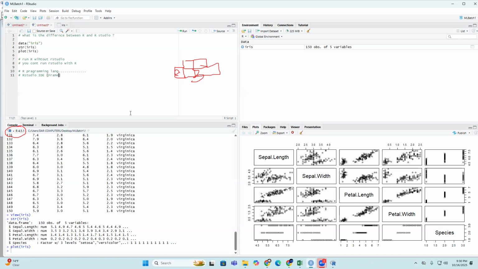Now our next question is introduction. Iris is actually a basic dataset which is already available in R programming for practice. Next is the introduction of